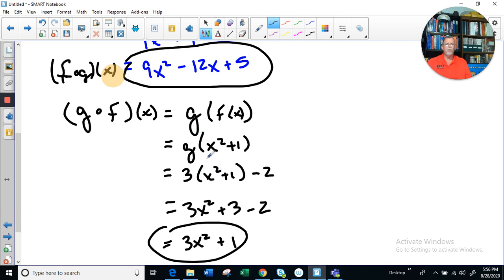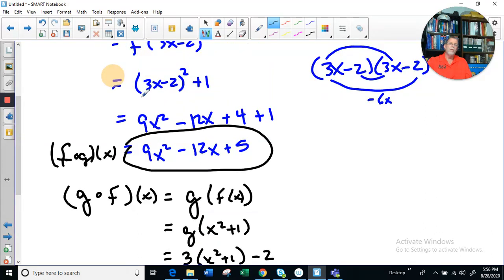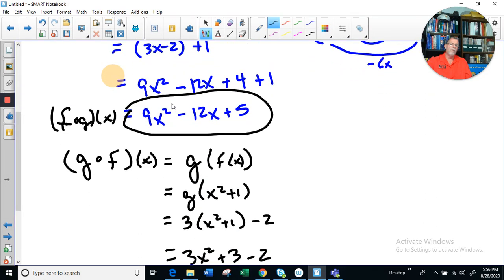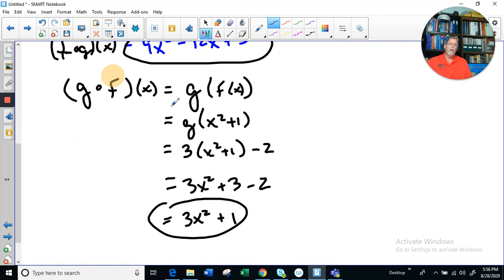You've got to go slow. Do the proper thing. Here we didn't have to square with the input. Here we did, and it was a binomial. So you've got to be careful with these things. And I strongly suggest, I can't make you write everything down, but I can tell you, the more you write